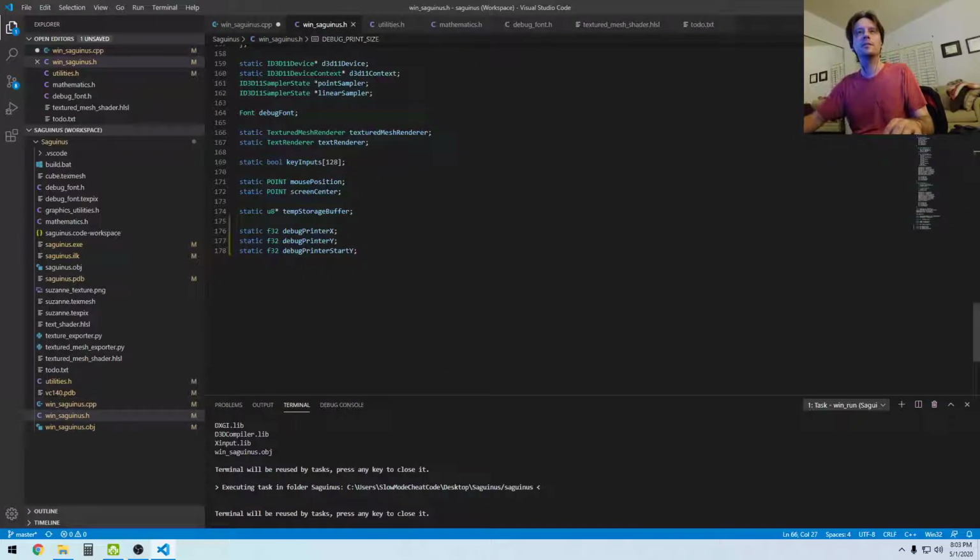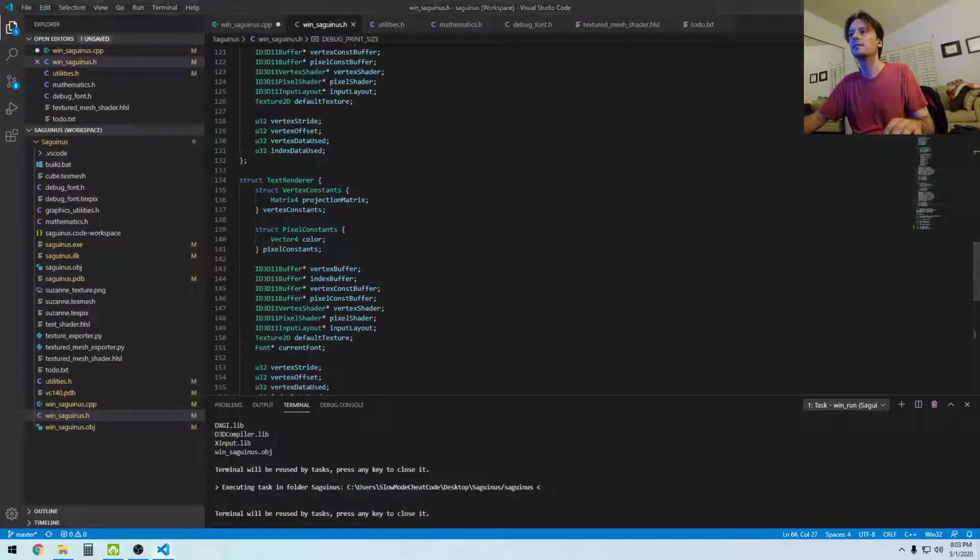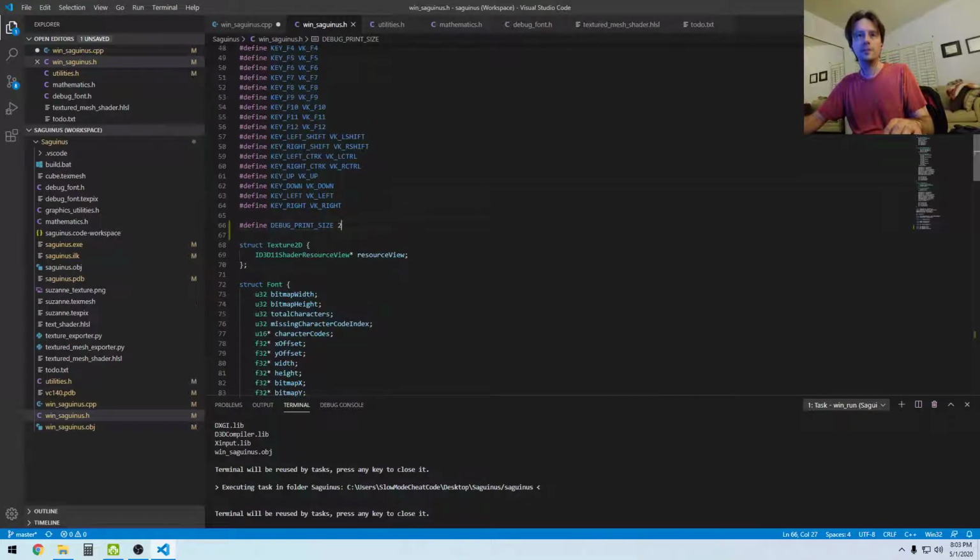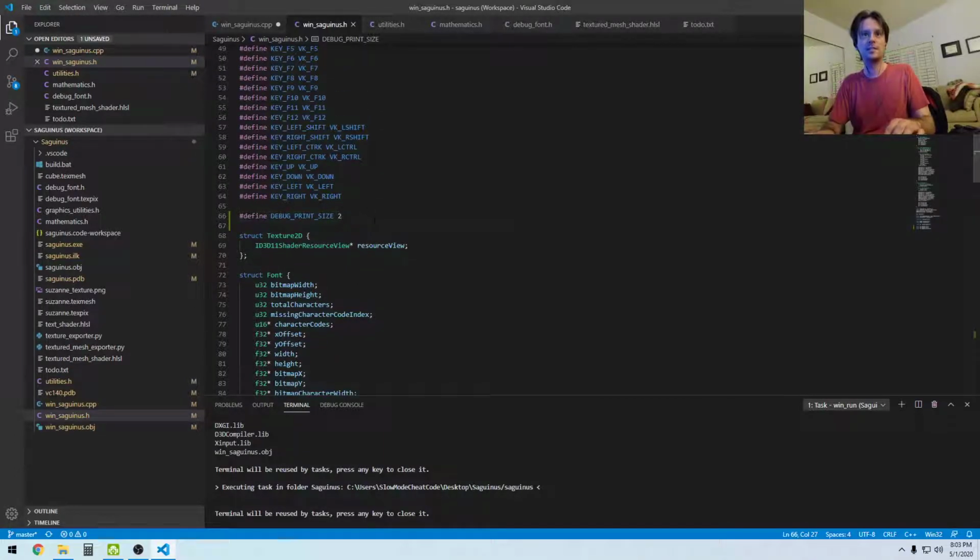Let me make another define for that. I'm not hard coding a 15 there. So debug print size, let's say